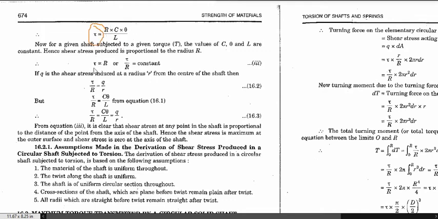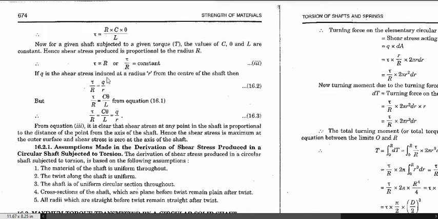So if you want to calculate the shear stress at any fiber apart from the outer fiber of the shaft, then you can also calculate it. If you look into this formula more deeply, you will find that this tau is directly proportional to this radius, that is, tau over r is constant. It means that this can be equated with q over r, where q is the stress at any fiber and r is the distance from the center of the shaft.